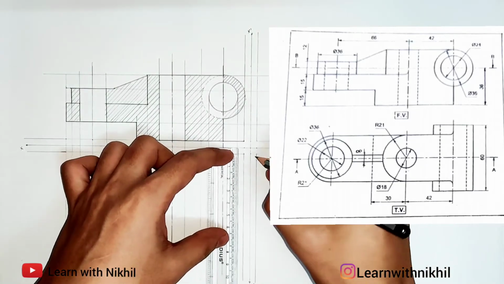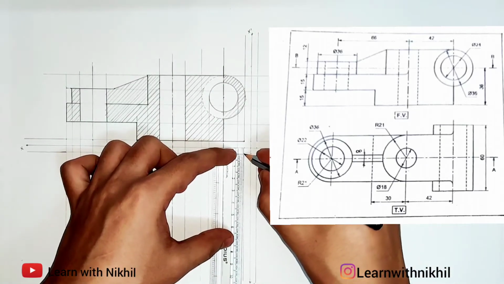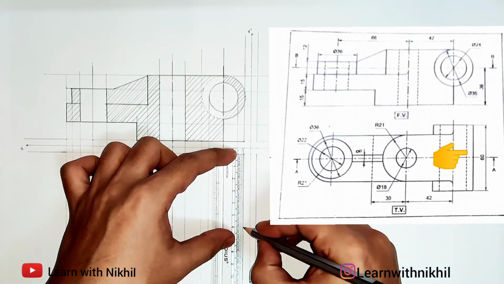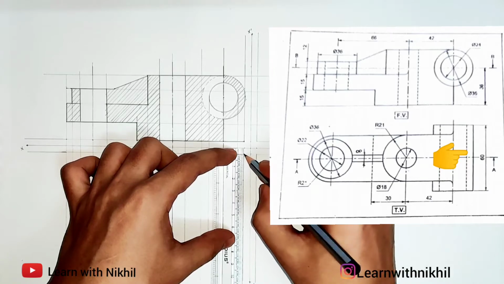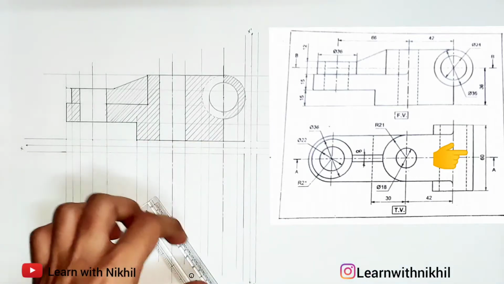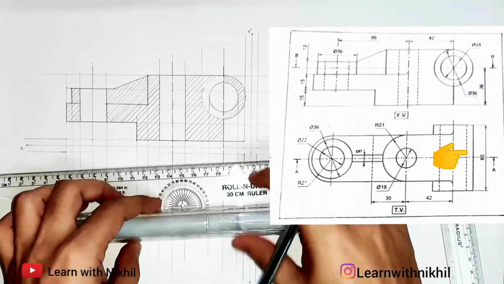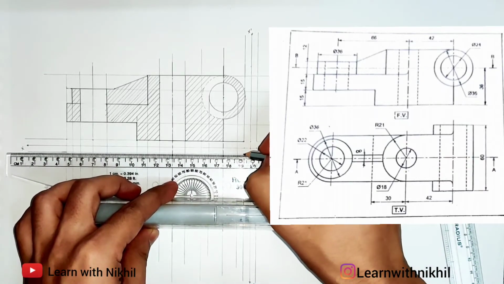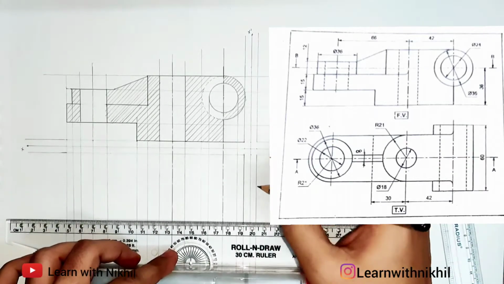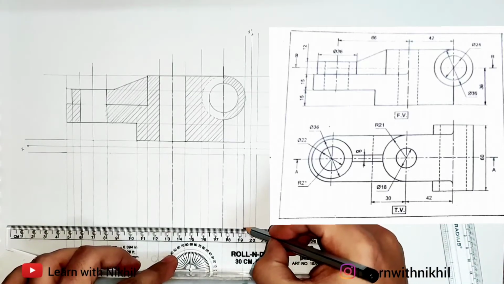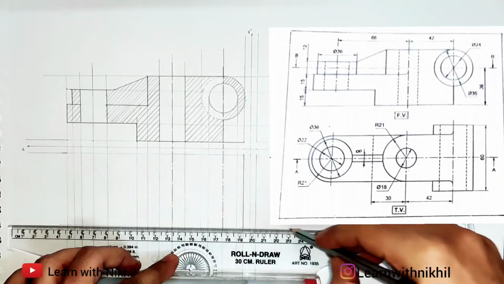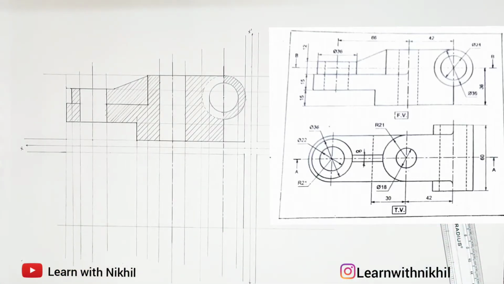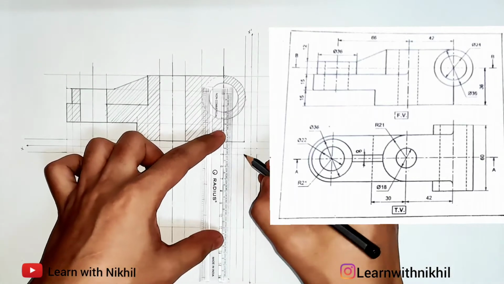Now moving towards the top view, the height is 60 millimeter. So I'll mark a point 60 millimeter below. I'll draw this dark. We have to draw the sectional top view, so we'll move according to that. So in the sectional part, the section is through the BB point, as you can see in the front view. So I've drawn a parallel line at the bottom at a height of 60.